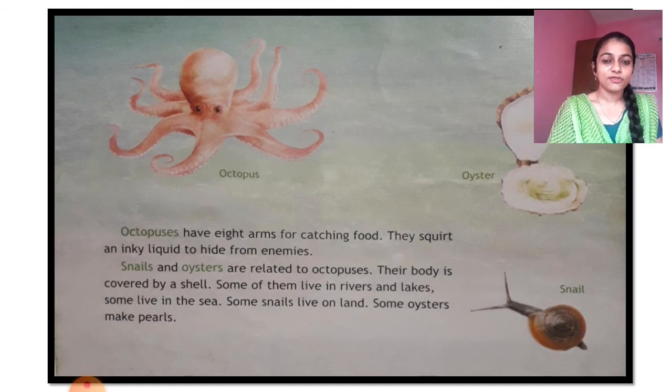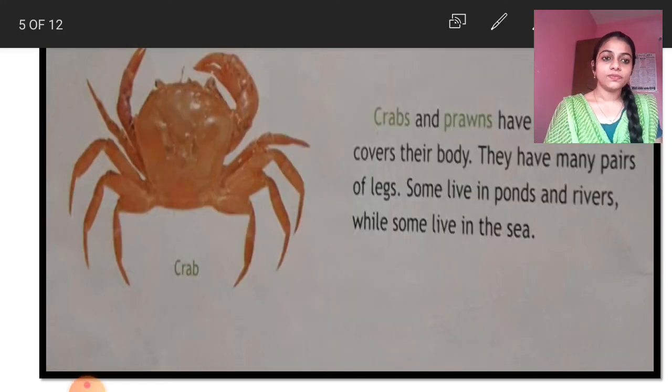Snails are very familiar, isn't it? So snails and oysters are related to octopus. Their body is covered by a shell and they live in rivers, lakes and some of them live in the sea. Some snails live on land and some oysters make pearls. Okay. And next one,